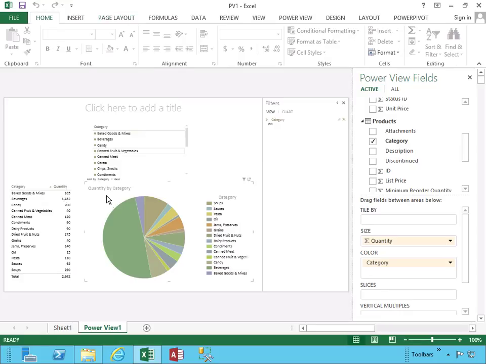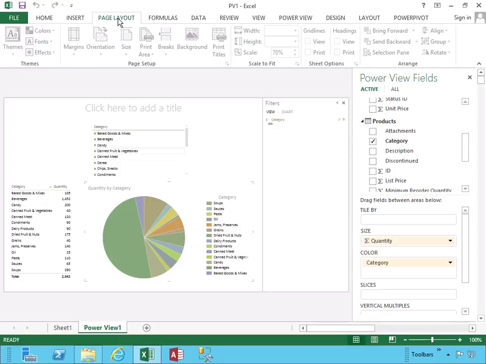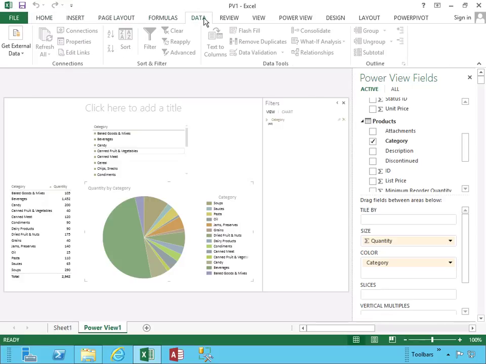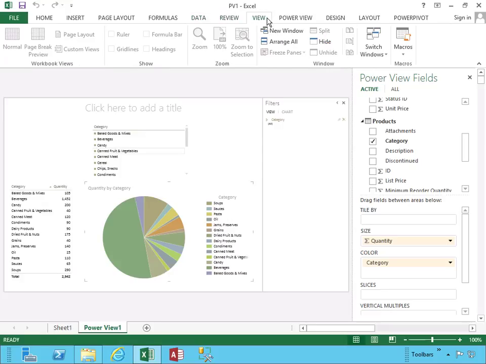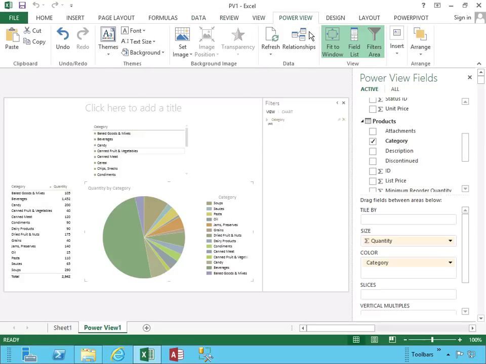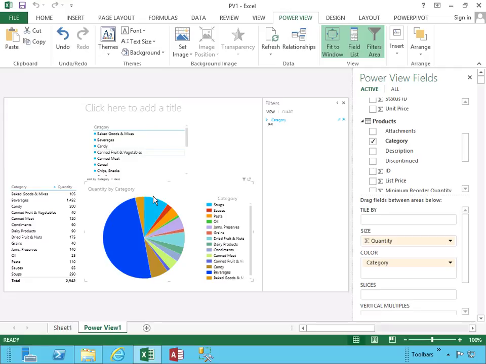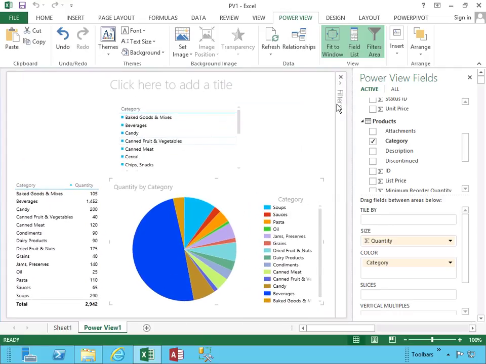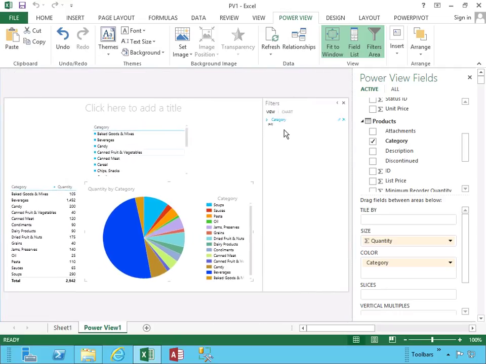Once again, click on your chart and we'll start looking for what are the options we have available for us. Across, review, view, Power View, and here's what we're looking for. Themes. These colors are great, but let's try others. Let's try this one. It's a little bit more bright, as we can see. So we have a few choices available for us. We can hide the filters, expand them again,